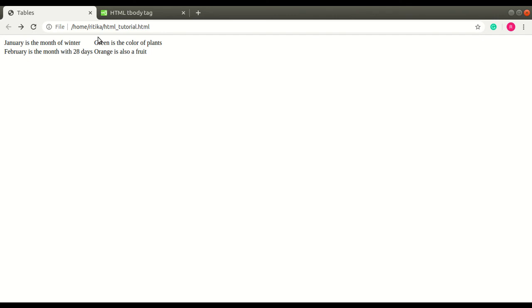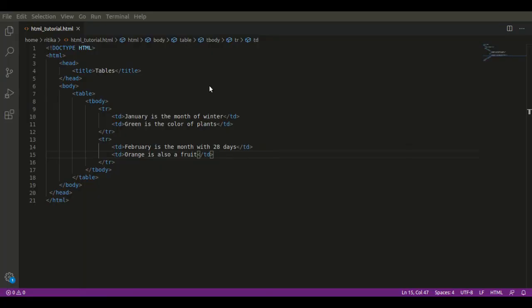See, this is divided. Right now it's not that clear because we have not used a border, but if we draw an imaginary line here or divider, then you can see that green is starting exactly from where orange is starting. And if we write a long paragraph, if we give a fixed width of the table cell, then it will be organized beautifully. So that's all for table.